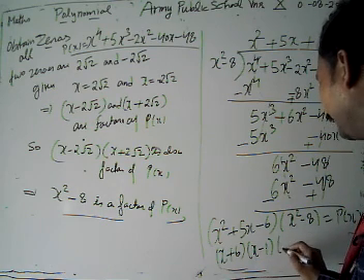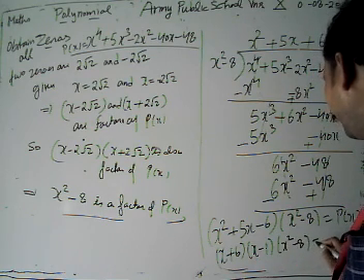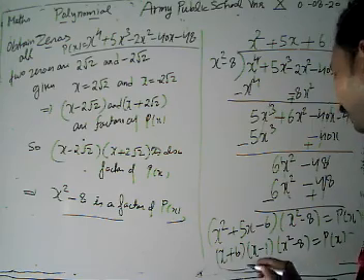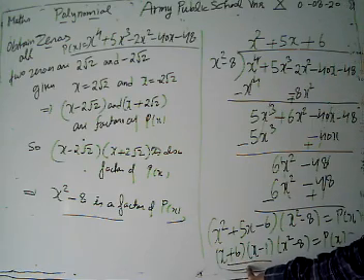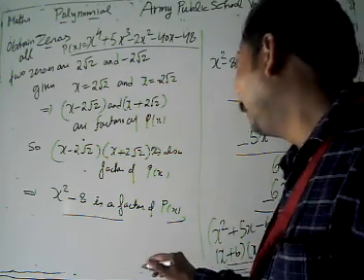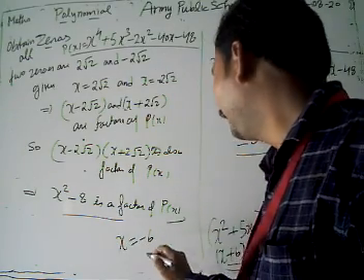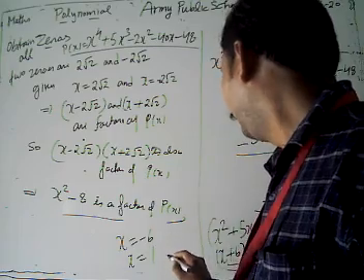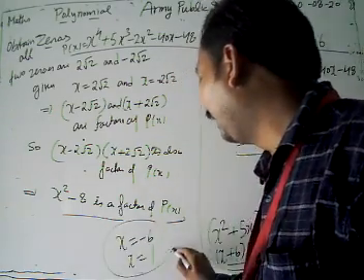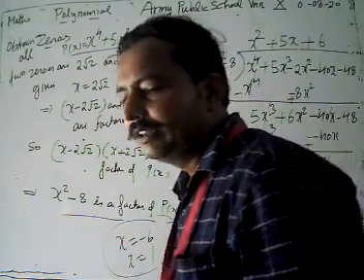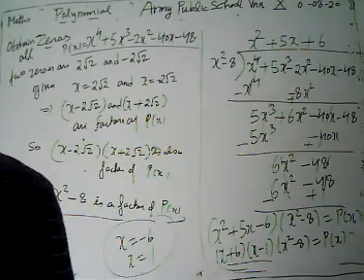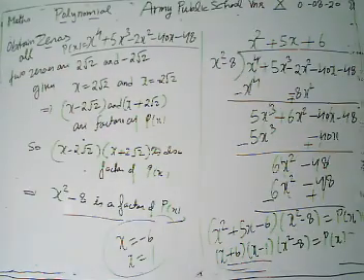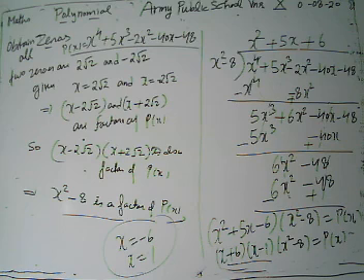Here we have x square minus 8 times this equal to polynomial p(x). Now look, from here when x plus 6 is 0, then x equal to minus 6. When x minus 1 equal to 0, then x equal to 1. These are our two zeros of the given polynomial. What is it? It's x equal to 6 and x equal to,